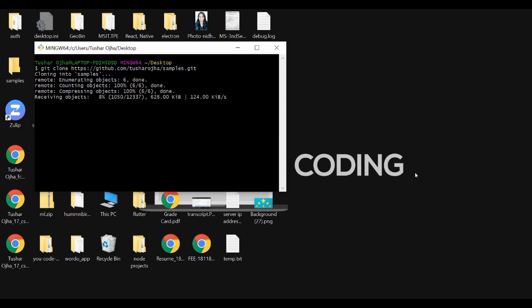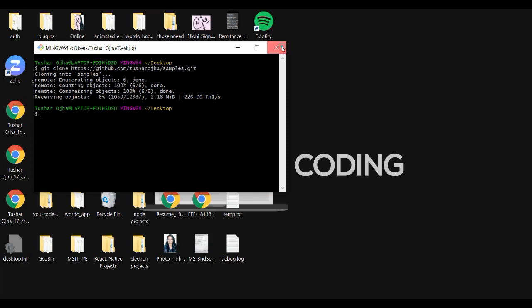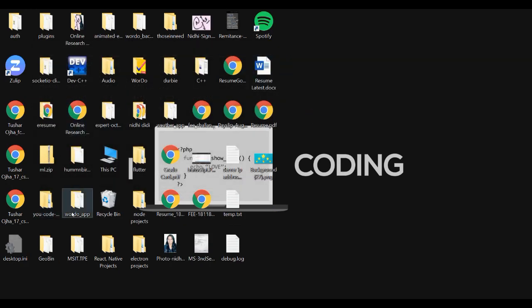It will take a couple of seconds, and there are a lot of Flutter projects in a single repository, so it takes time to download all of them. Since I already have it, I'll not continue with this. Once it's downloaded, you will find it in a samples folder on your desktop.